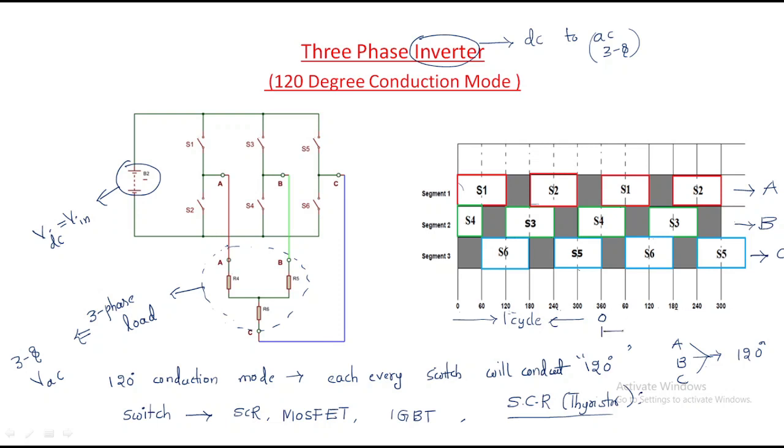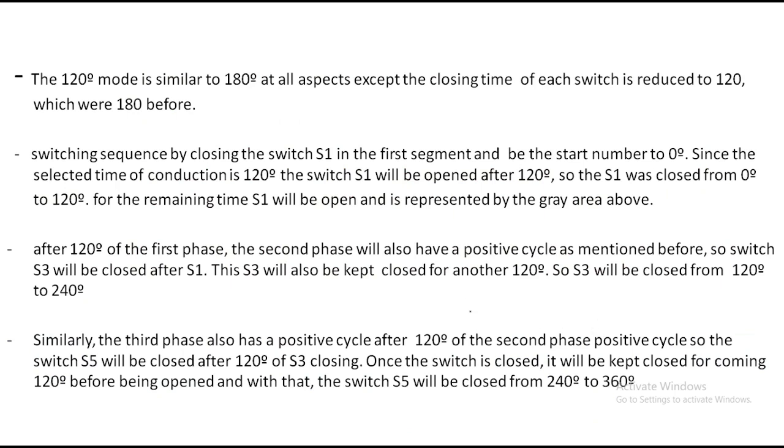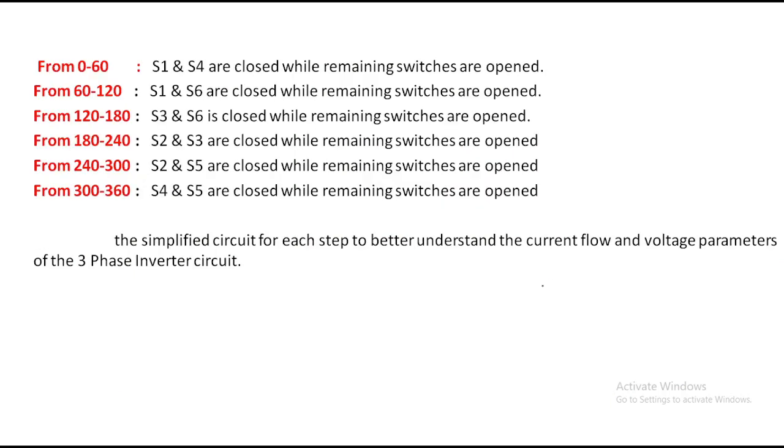This is another cycle. This is also one cycle. Understand? This is also one cycle up to 360. So keep it here, this is for the 360. After completion of the 360, the cycle will be completed. The cycle will be completed like that, right? That's why it is called a 120 degrees mode. So by this 120 degrees mode, the explained theory will be given. You can read this theory. If you didn't understand, once you go through these 4 points, you will understand each and everything, right?